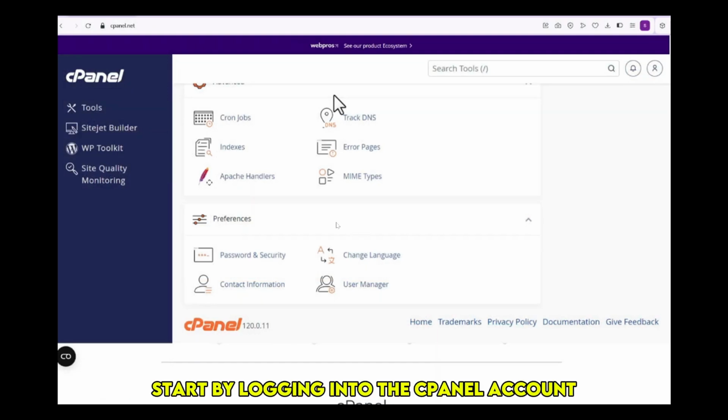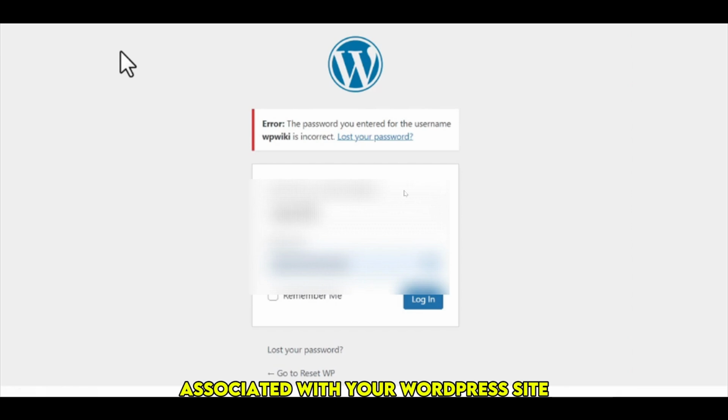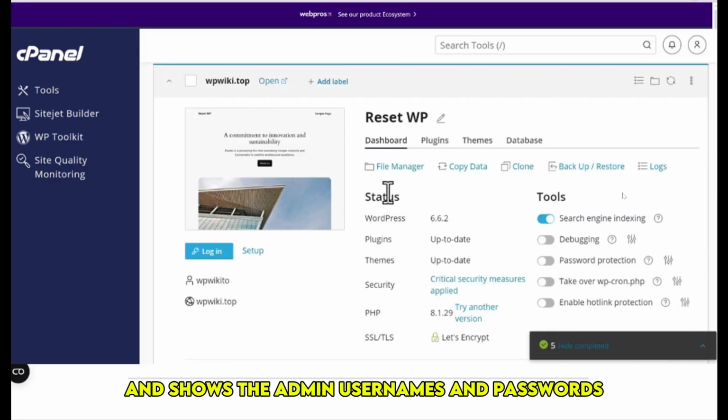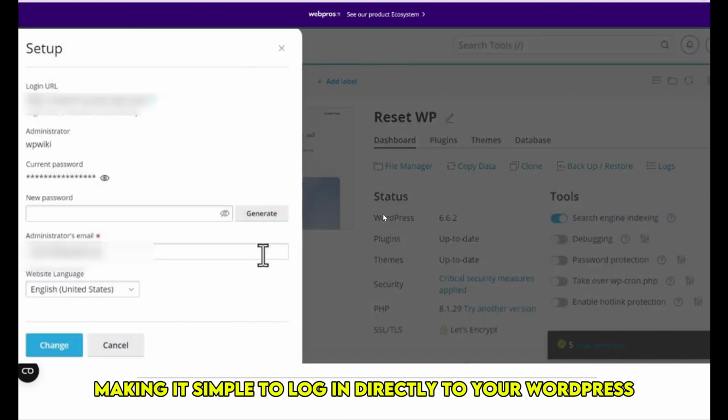Start by logging into the cPanel account associated with your WordPress site. Make sure you have the correct cPanel credentials. To proceed, for cPanel versions 120 and above, you can use the WP Toolkit. This tool lists all WordPress installations and shows the admin usernames and passwords, making it simple to log in directly